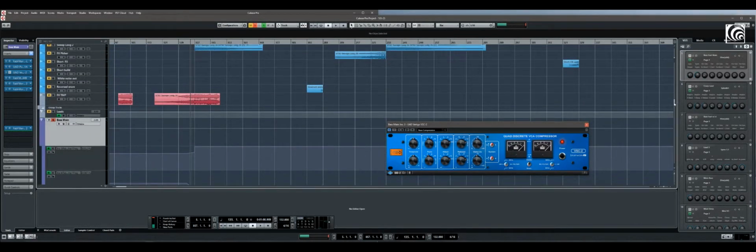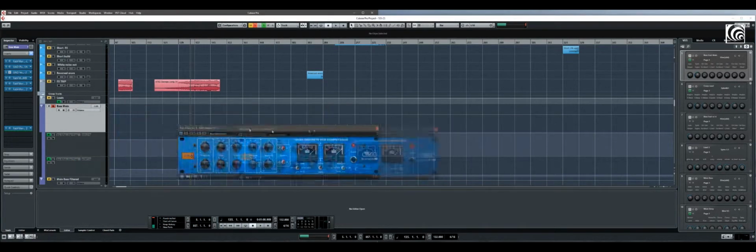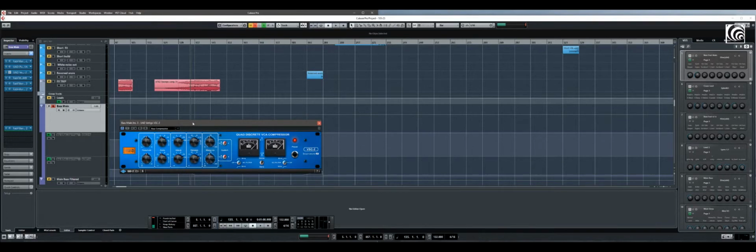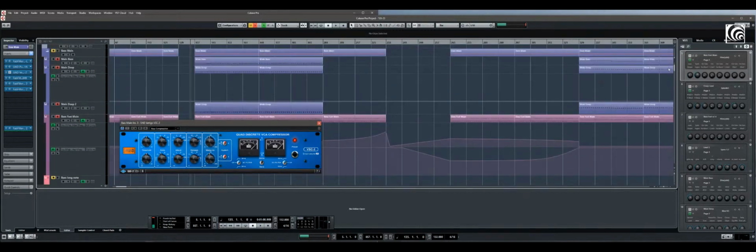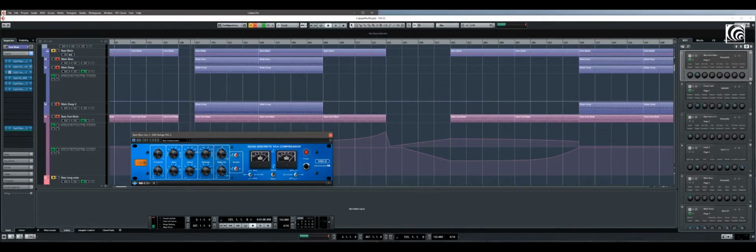I'm gonna do an example here. I have this compressor on my bass main channel, and this is actually a channel of multiple bass lines, and there are actually 4 of these: the main bass, the main deep bass, the main deep 2, and bass fast main. These are the 4 sounds that go through the same channel, the same bus,